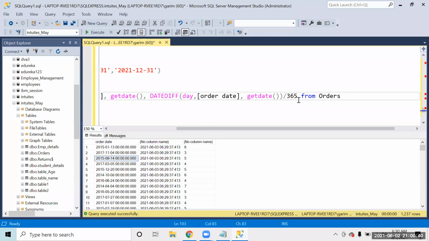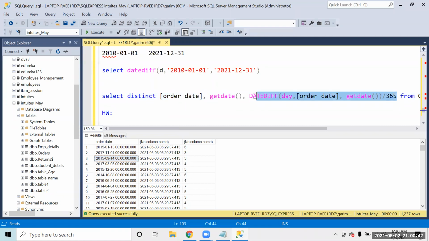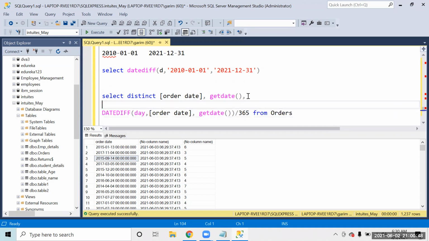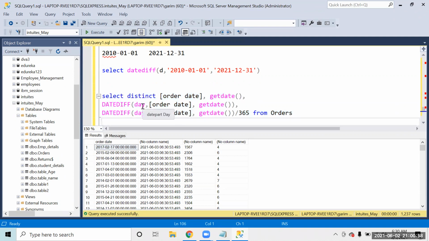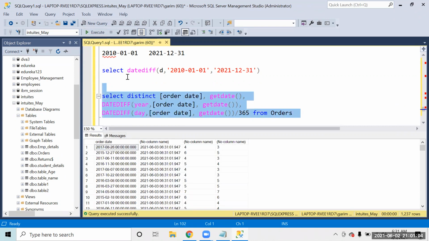But if I don't divide it by 365, like if I just copy this function also, let's see both the ages. Let's see this age also, and this age also. If you see now, there is a difference that you can see: 6, 5, 4, 3. So when I'm dividing it by 365, I am getting the correct number over here. Getting it? Yes.